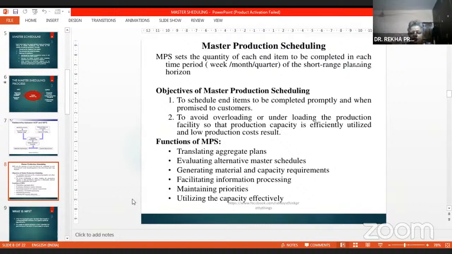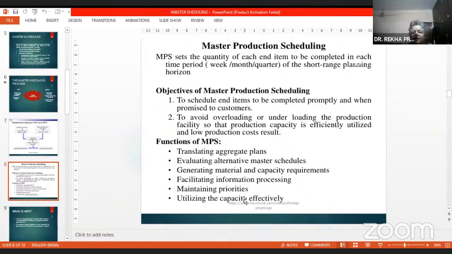And you should avoid both overloading and underloading of the facility, because both will hamper the operation. So that the production facility is used efficiently. Nothing is wasted and it runs smoothly.